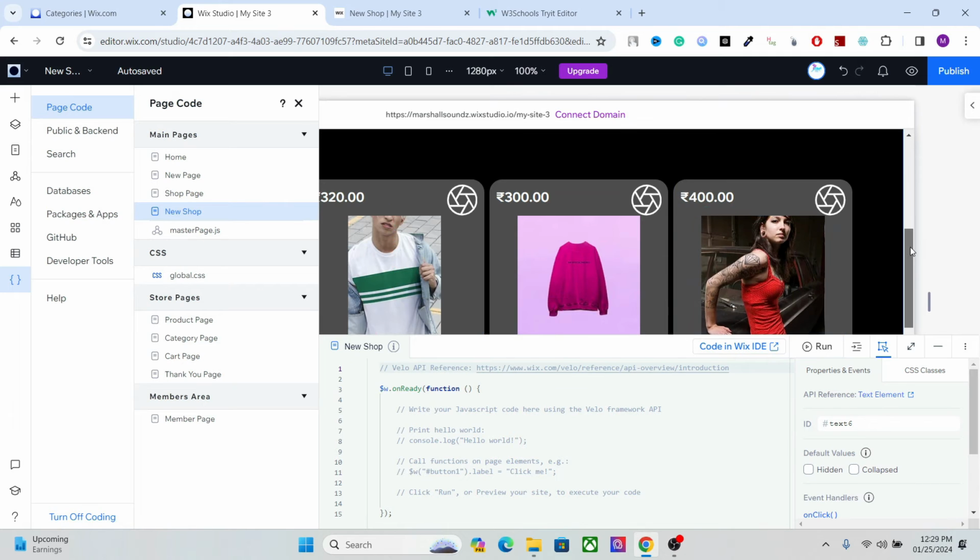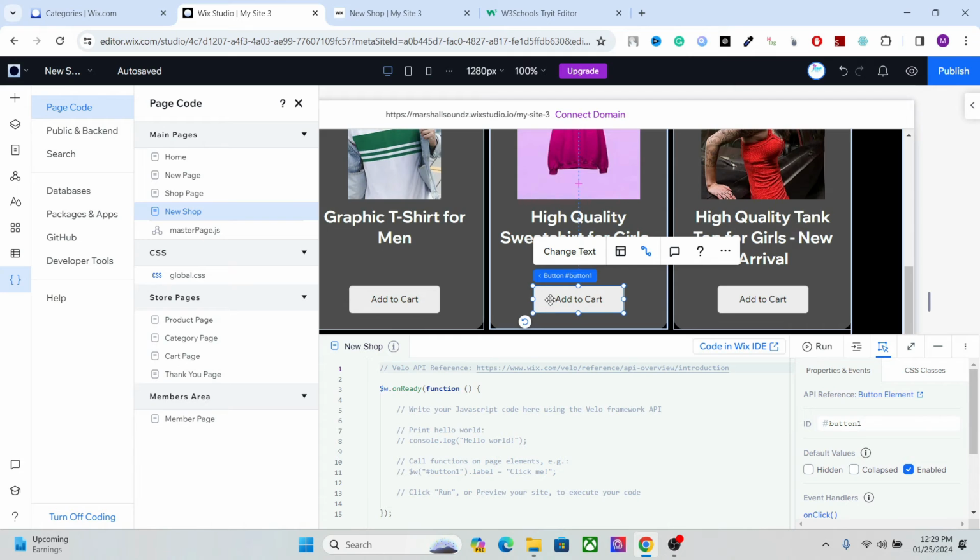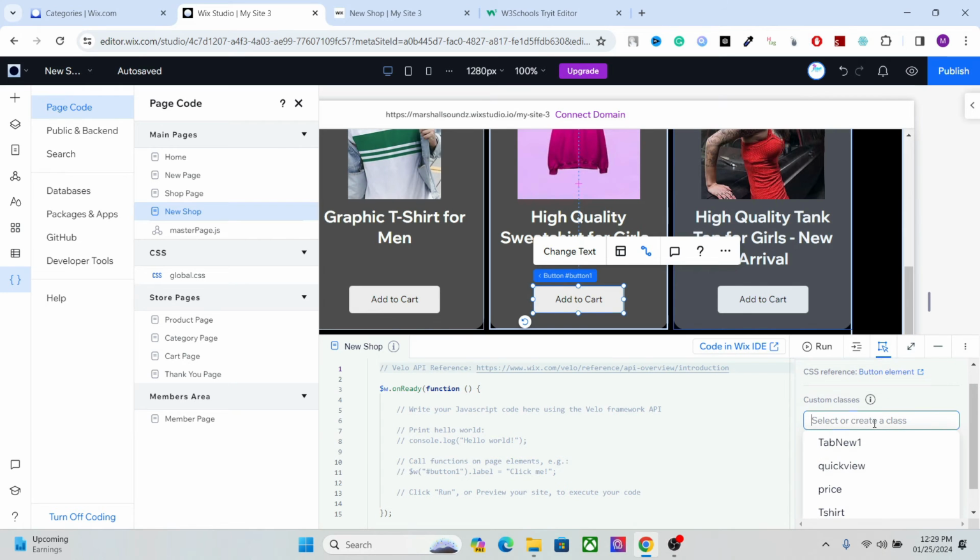All right, let's work with this button for now and learn how to use CSS in Wix Studio. So the first thing we need to do is assign a class to this button, okay? And to do that, you have to go to this option, CSS classes, okay? So go to CSS classes and let's call it, so we now have this class assigned to this button. And whatever changes you make to this button will be shown in all these repeaters button as well. After that, go to this option,